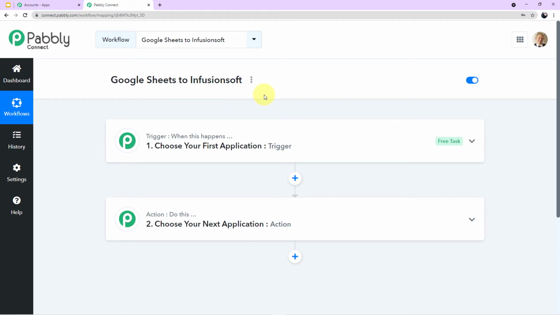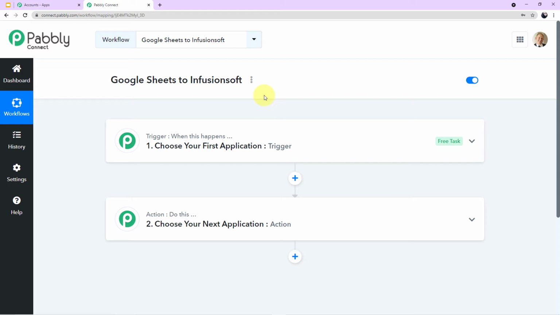Now before we start with the process, let me first give you some important information. For the workflow which we are creating today, I'll add the link of this same workflow in my description box. So you can visit the link and directly clone the same workflow into your free Pabbly Connect account. So guys, don't forget to go and check.